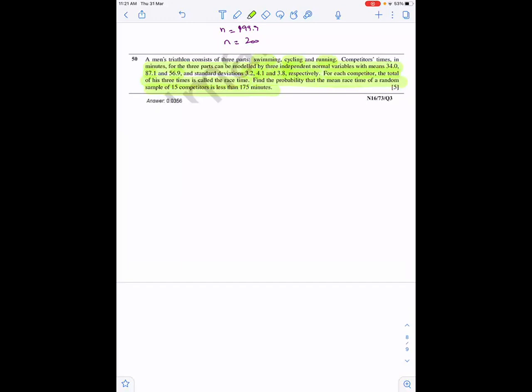Find the probability that the mean time of a random sample of 15 competitors is less than 175. Total of these 3 times is called the race time. Can I introduce another variable here, which is called T? Let T equal